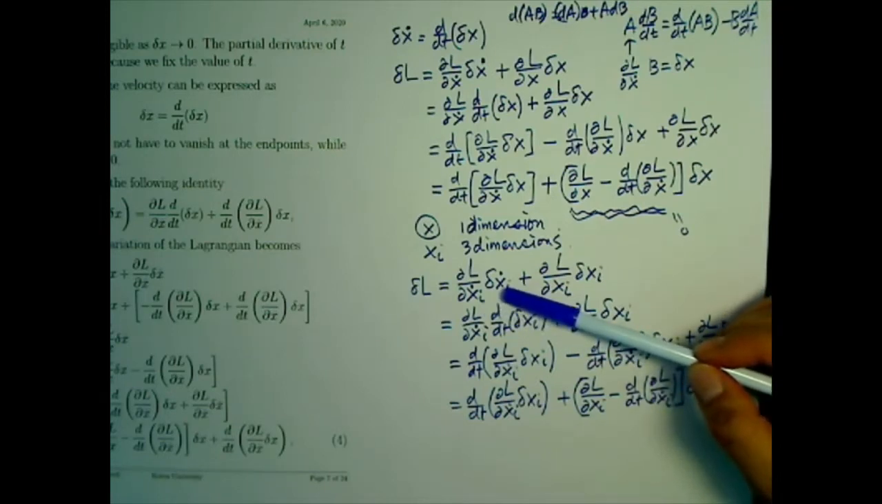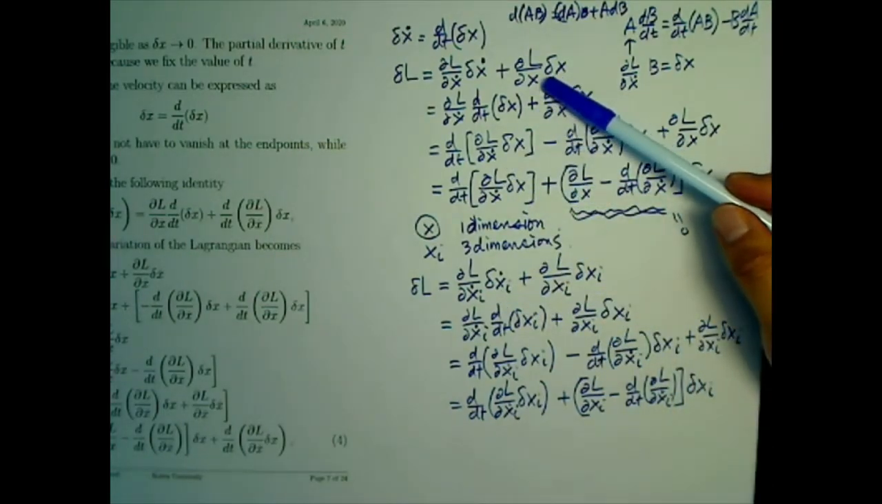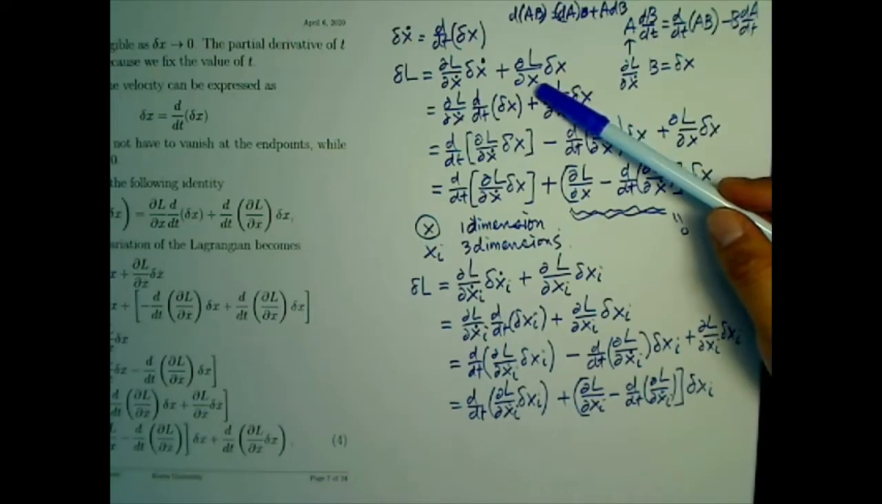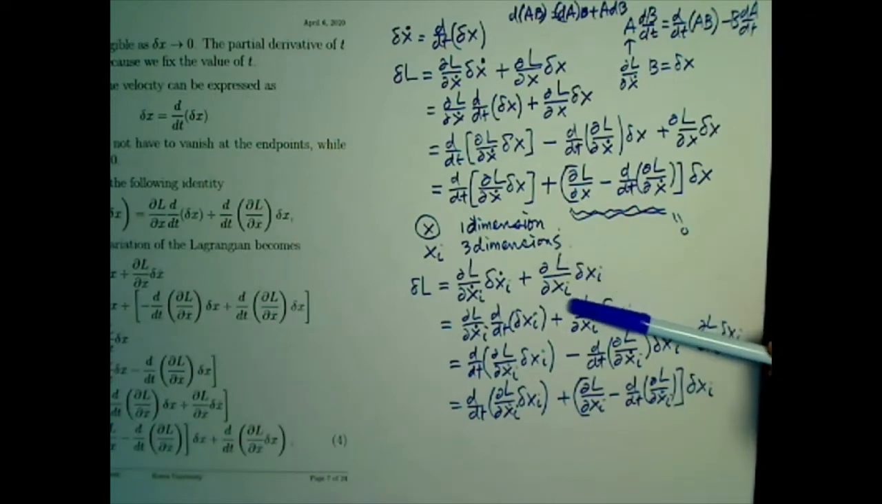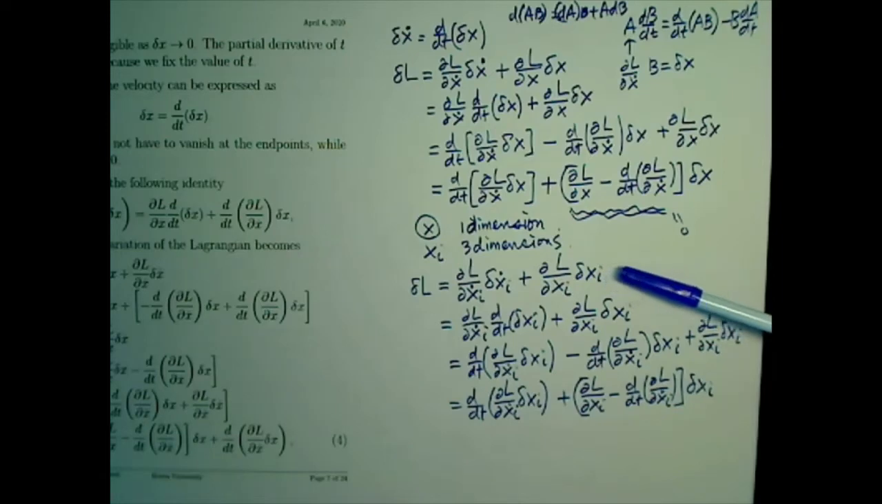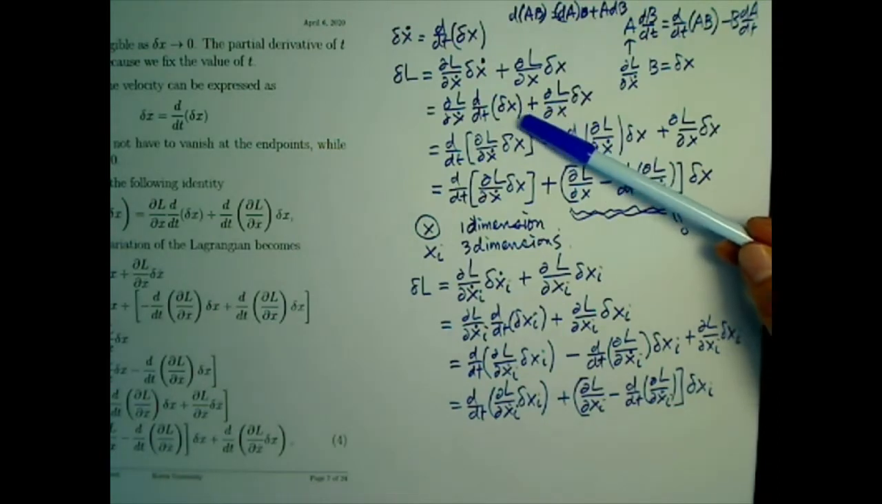In a similar manner, we can expand the variation contribution through the variation of x. So the x1, x2, x3 contribution should be obtained by taking the partial derivative with respect to xi and multiplied by delta xi and summed over. As we have done in here,